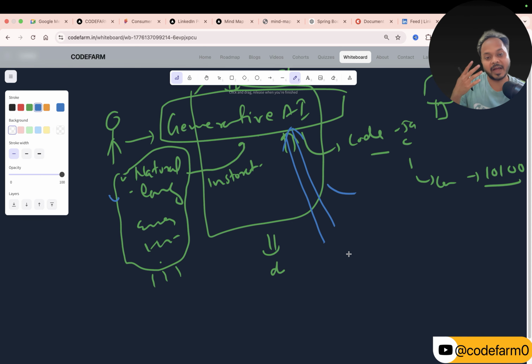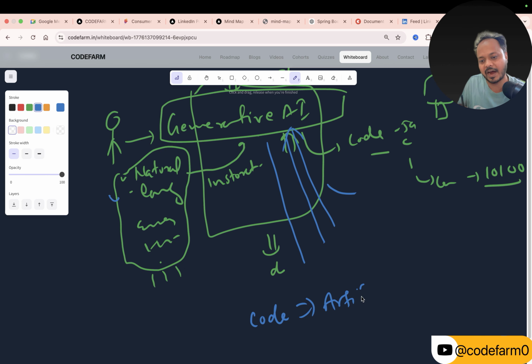In my early days also, the instruction was given to write the code, do research, search on Google, get similar code from Stack Overflow, copy paste it, do the refactoring and optimize it for my own use case. Many jobs were like this, right? That job is taken by these tools, I would say. So the code, which initially I said, is also available as an artifact.